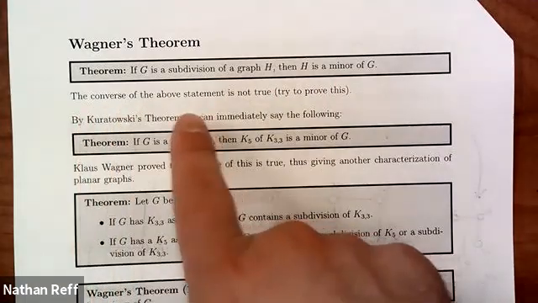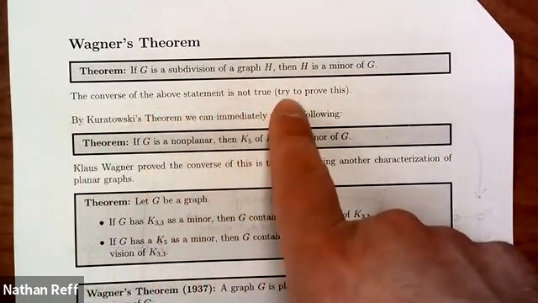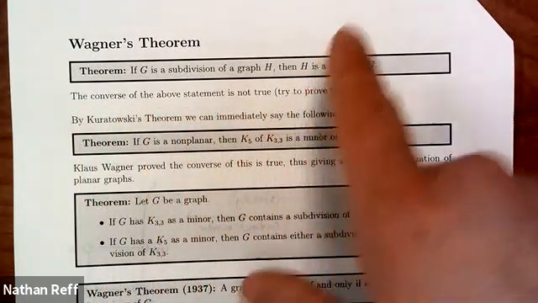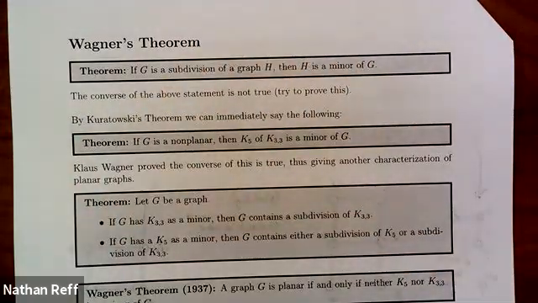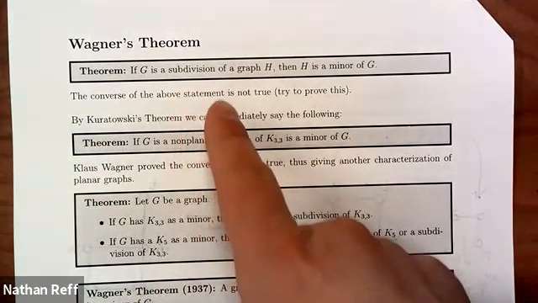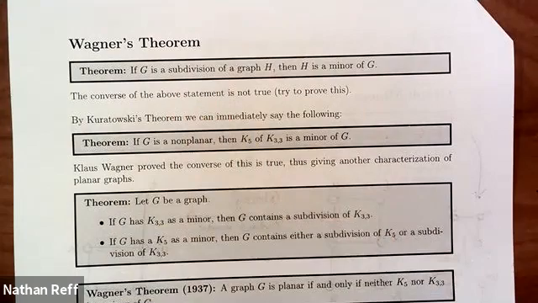Okay, the converse of the above statement is not always true. So see if you can prove that. So if H is a minor, then it's not necessarily going to be a subdivision. Okay, but if you take a graph and you subdivide,